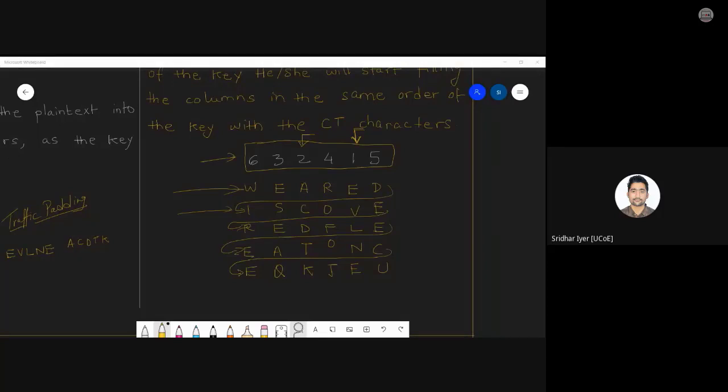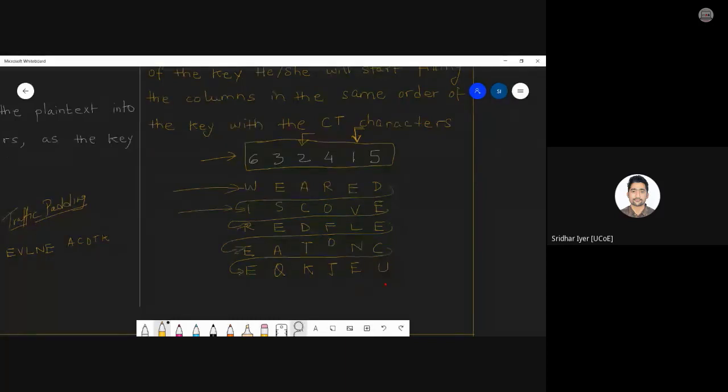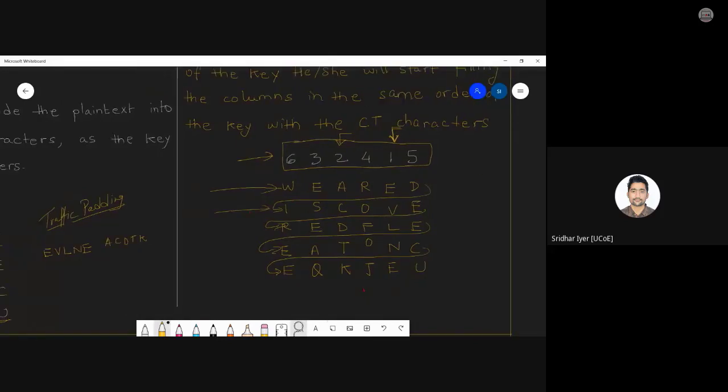So based upon that count, you start filling up the columns with those characters sequentially, and ultimately you have to read the characters row by row, and you will get the plain text back. Obviously, the plain text that you will receive will have the extra 5 characters at the end, but it doesn't make any sense because those are random characters or dummy characters. The only thing which matters is we are discovered at once, flee at once.